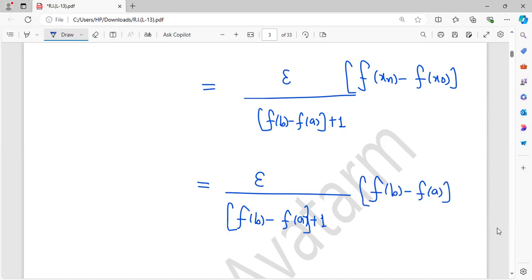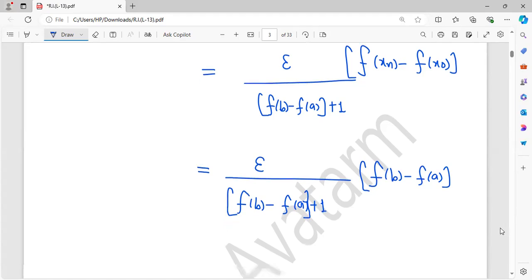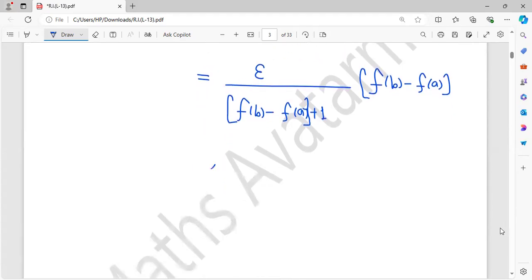Because f is monotonically increasing, f(b) minus f(a) can be equal also. In that case, this whole quantity will be 0. If f(b) minus f(a) is not equal to 0, it will be strictly less than epsilon, because the denominator is greater. And what about if f(b) minus f(a) is 0? Then again it will be less than epsilon. So it means you have U(P, f) minus L(P, f) less than epsilon